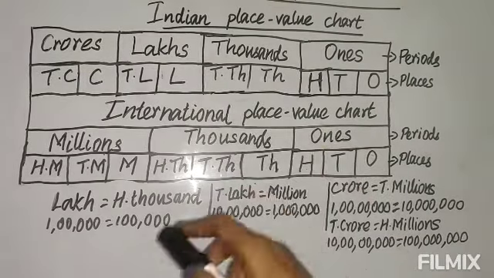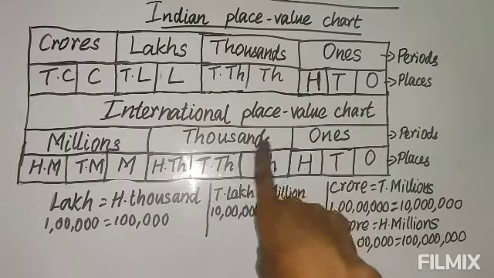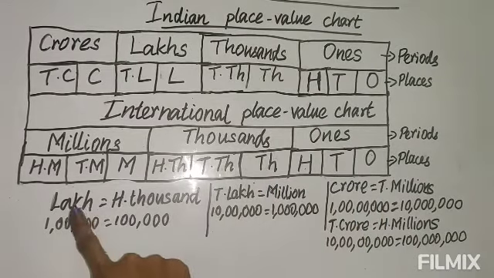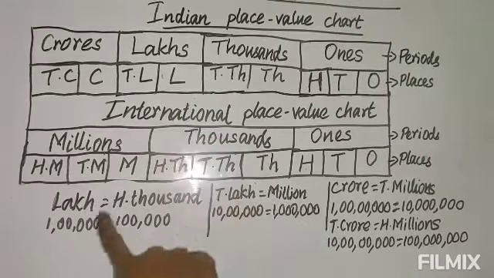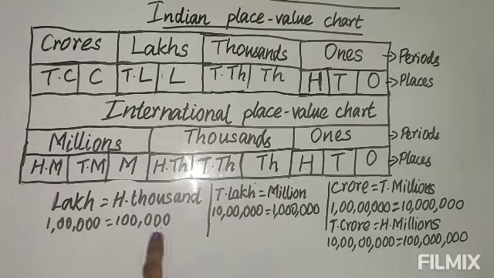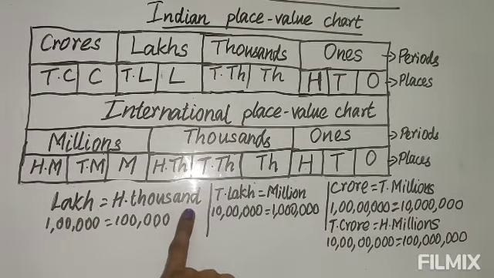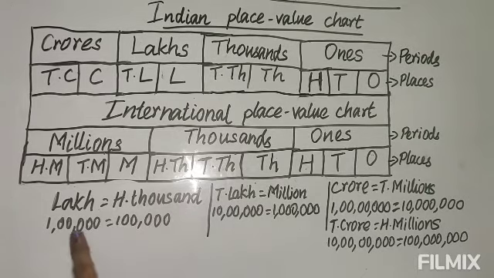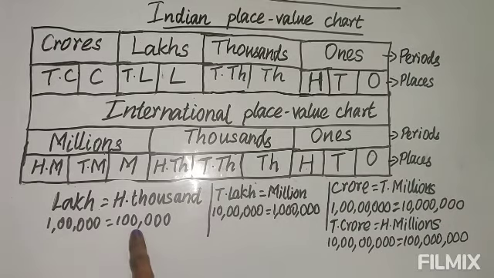Now here I have compared both, and I have given the Indian Place Value Chart and the International Place Value Chart, and shown which are equal. Lakh and 100,000 are equal. You can see the value is the same. Only the way we call it in India is lakh, and internationally they call it 100,000. See the zeros here: 5 zeros, and here also 5 zeros. Only the places where the comma is placed are different. The periods are different, that's all. All other things are the same.